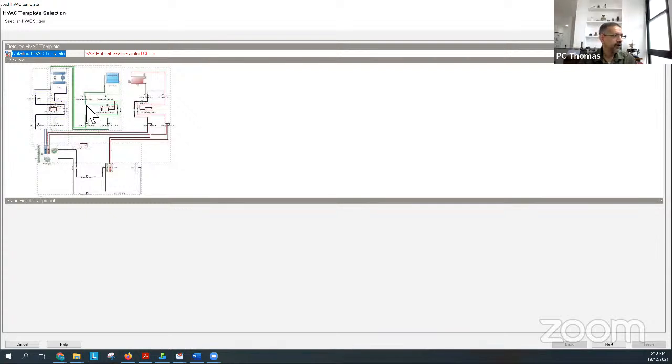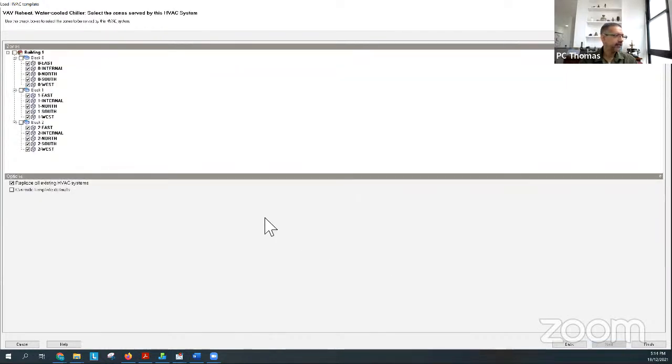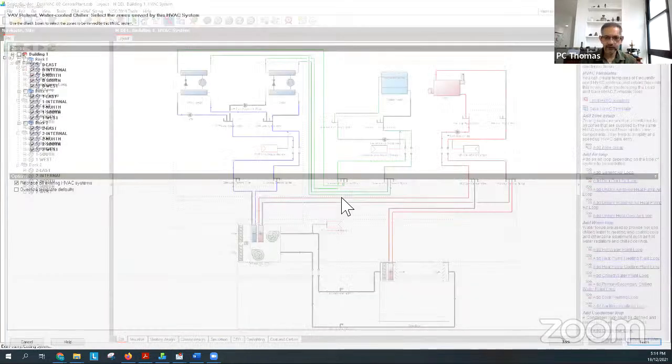Okay. So at this point, one chiller, one air handling unit, one cooling tower, one boiler, one zone group. So all the zones are in a single zone group. They're all being dealt by one air handling unit. Okay. So I say next, and I allow all the zones to be conditioned by that single air handling unit. It's not the most efficient of designs, but you can start with that. Finish that off. It will overwrite any existing air conditioning systems